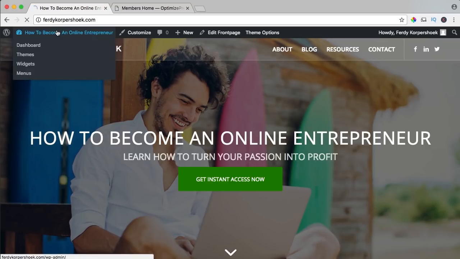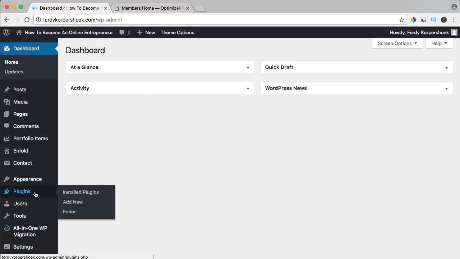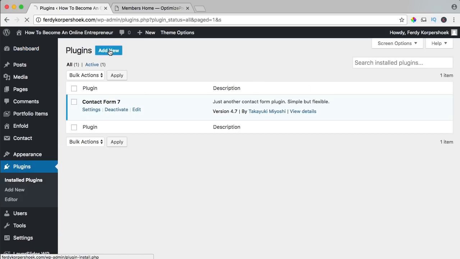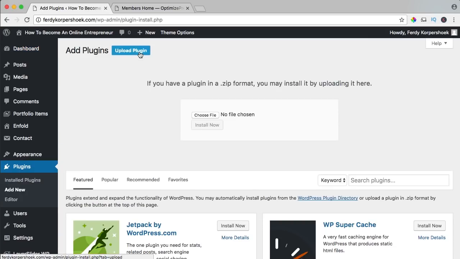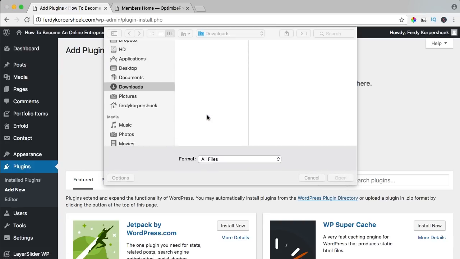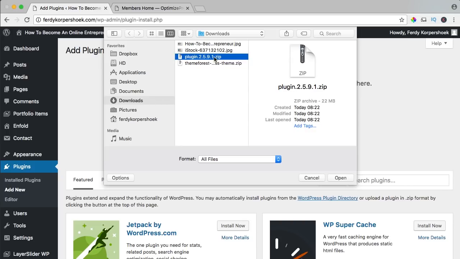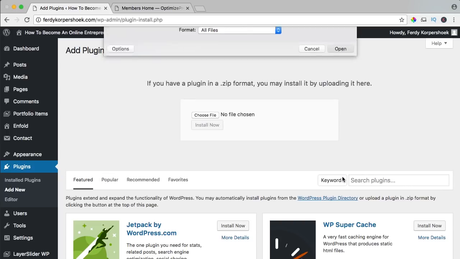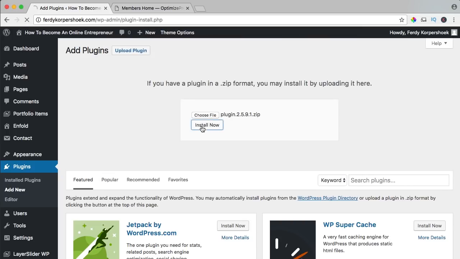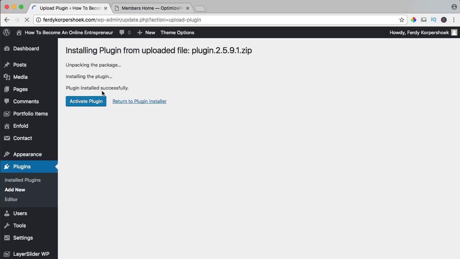I go to the backend, to plugins. We click on Add New, Upload Plugin and choose the file we have just downloaded. It's this plugin over here. And you see which version it is. I click on Open and Install Now. Let's activate the plugin